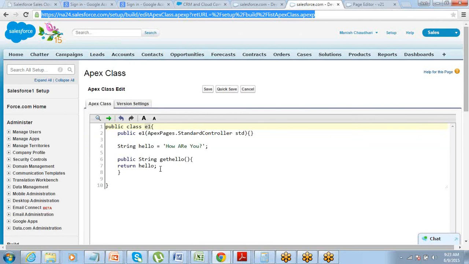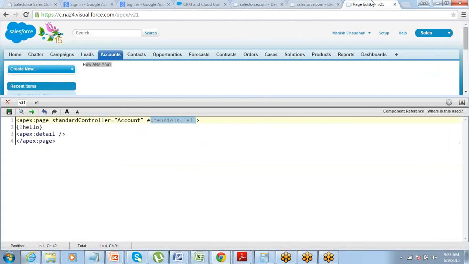Got it? Any questions on this? The extension thing? Whatever methods you want to define in this, the way you want to call it, you can do that. Any questions or doubts here for the extension? All right.